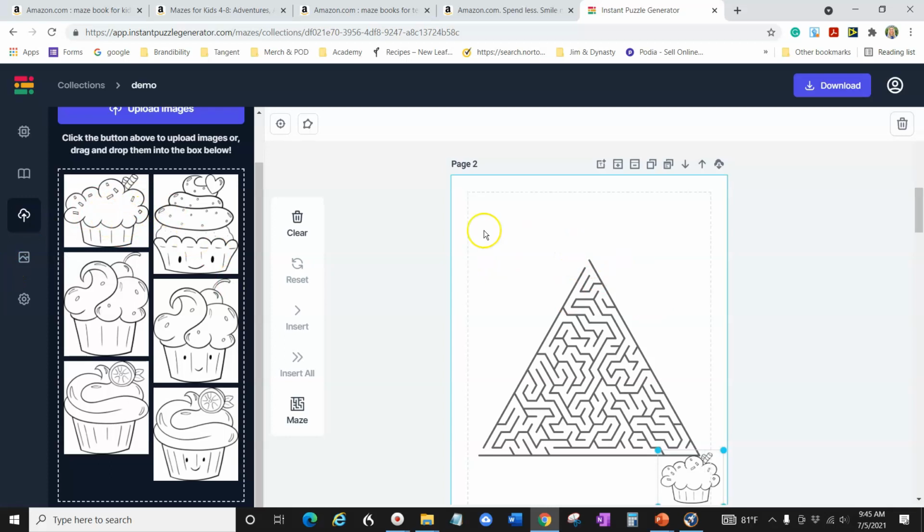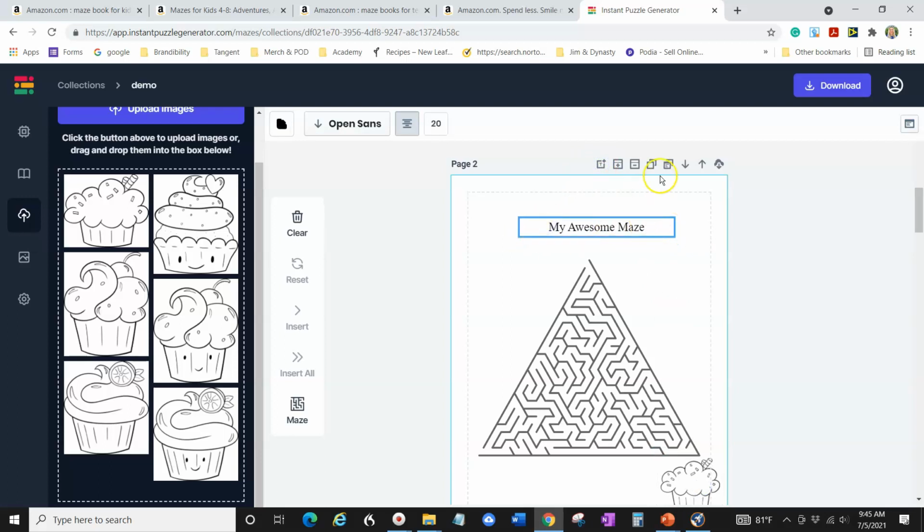And I put the dog here, and I have the cupcake here, and then I write text like, help the dog get to the treat, right? Help Fido get to the treat. Right? Okay. So you could do something like that and make it really fun for kids, like I was showing you in the other one.